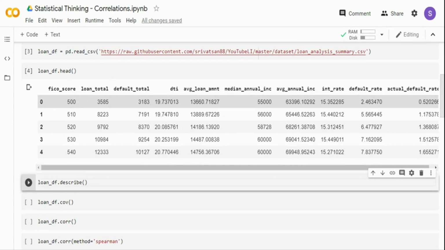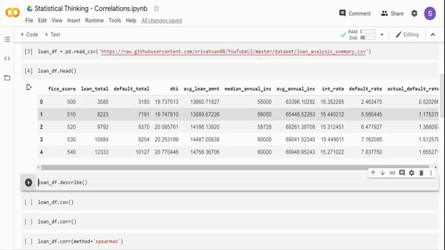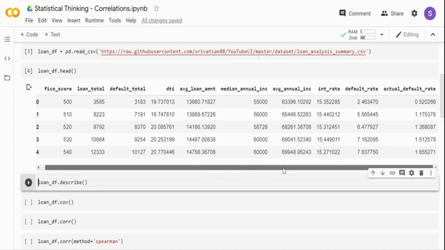And as you get to the higher FICO score, you may get a loan with a lower interest rate. And the debt to income ratio also follows a linear pattern. People who have a better credit score might have a better debt to income ratio. That's the ideal scenario, but we'll see whether our data also tells the same thing. And the default rate is how many customers in each FICO score bucket have defaulted.